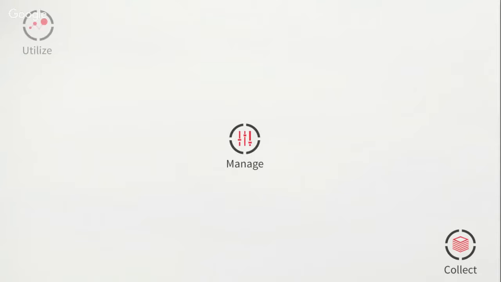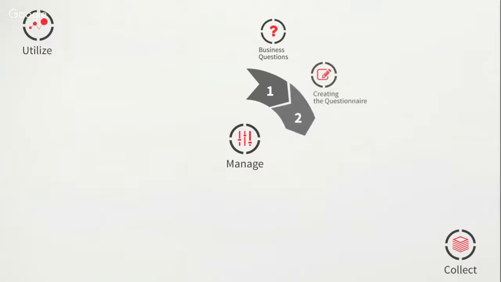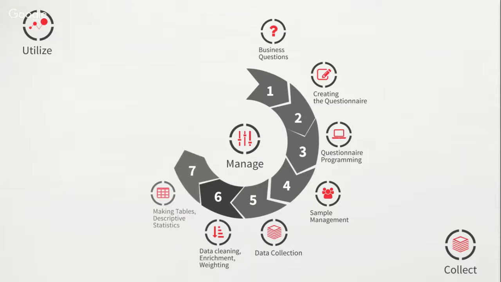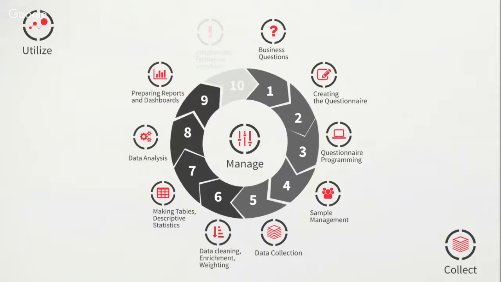So when we talk about agile, what we're really looking at is how you run your business processes, how you go through the stages of your field work: creating your questionnaires, designing, taking in your sample, managing it, collecting the data, all the processes you go through, but doing it in smaller steps so that every time you start to collect some data, you're seeing the impact that has had on your sample. You're seeing how changes can be made to your questionnaire to optimize the workflow to reach the targets you're supposed to be making,